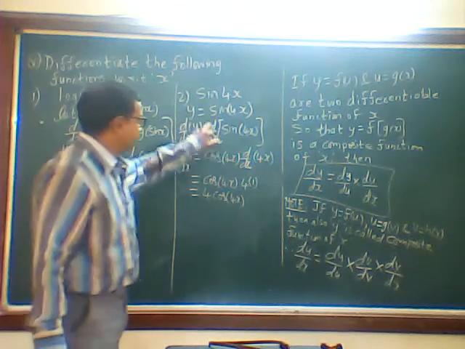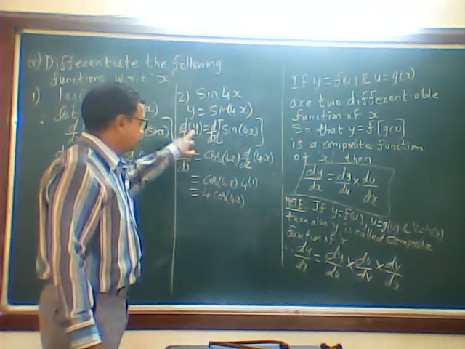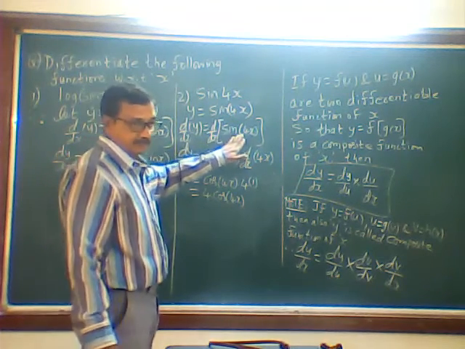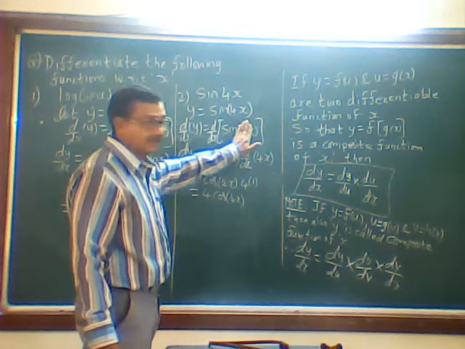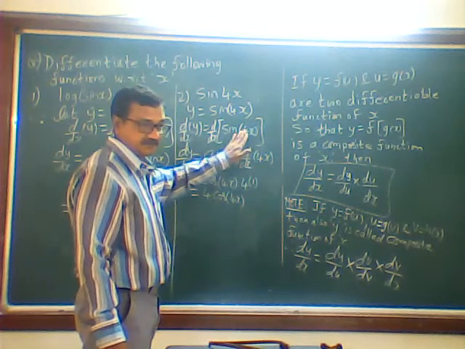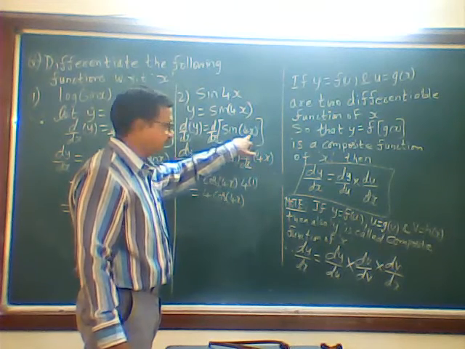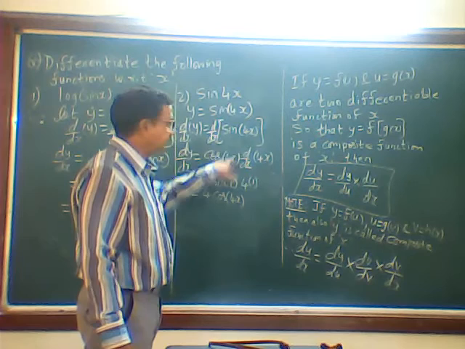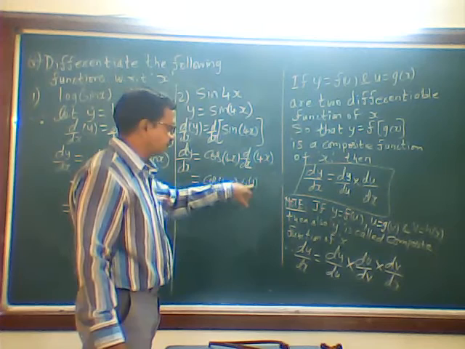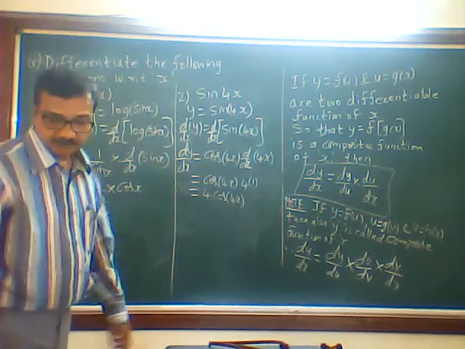See, again I will tell you. Let y is equal to sin 4x. We have applied d by dx on both the sides. This will become dy by dx is equal to d by dx of sin 4x. In the formula we don't have 4x, we have only x. So you assume this 4x as x. d by dx of sin x is what? Cos. But I am not writing the x. What is given here? 4x. That I am writing in cos of 4x. Then d by dx of 4x. 4 is constant and d by dx of x is 1. So 4 into 1 is 4 only. 4 times cos 4x. Okay. Next.